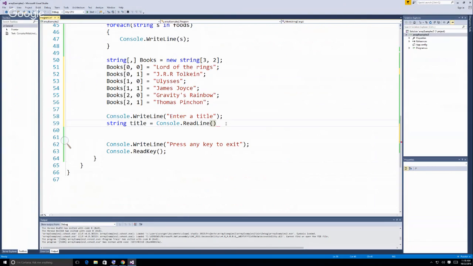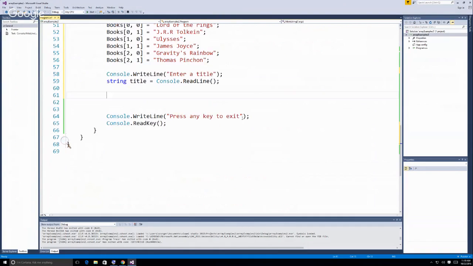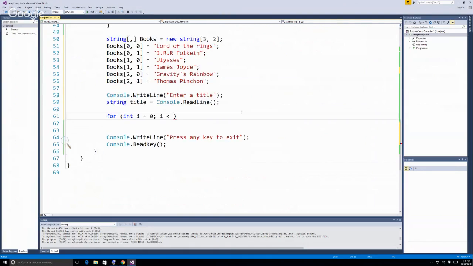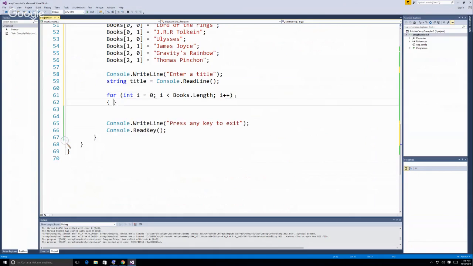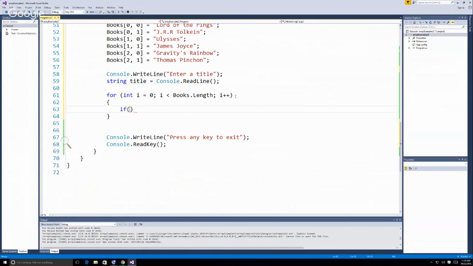Okay. So let's say we just want to get the author. So what I'm going to do is a loop. We could do a for each, or let's do a for int i equals 0, i is less than, and length is a little bit weird here, but the length is 3. But you could just write 3 there, i plus plus. So we have to go through here, and what we're going to do is say if title, let's do equals,